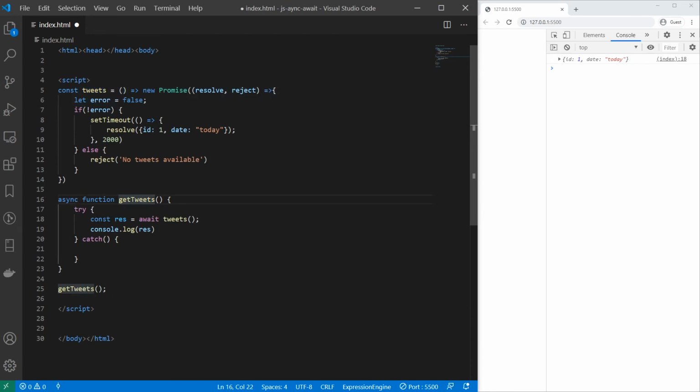Then the res is going to wait for tweets to return with whatever it is returning, and then it's just going to console log that. But if there's any errors, it obviously needs to skip past this part, and then it needs to go down to this. So what I'm going to say is, let's just change it to error and say console.log errors plus error,